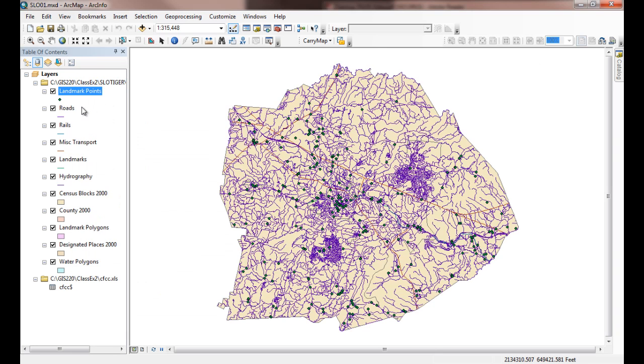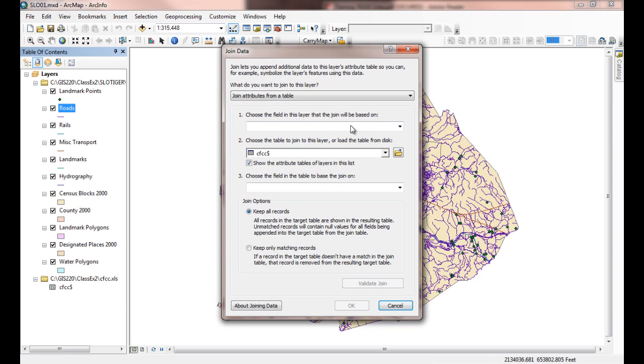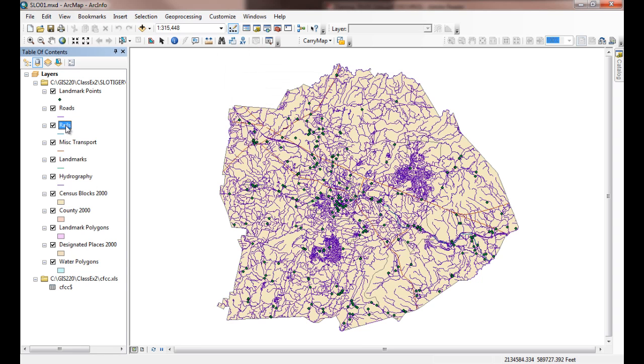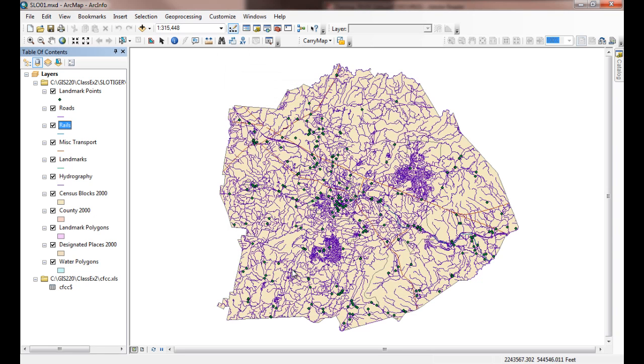So, what you'll want to do is go through each one of these and do the join to that same table. And I'll do that behind the scenes so it doesn't take so much of the video time. But you'd follow the same process. You just right click, joins and relates, join, pick your CFCC code field each time, and it defaults to the proper settings on the others, so you can just say OK, and you can just work your way down doing that, and it won't take you very long to do that once you start it. So just make sure you pick the right field when you do it,